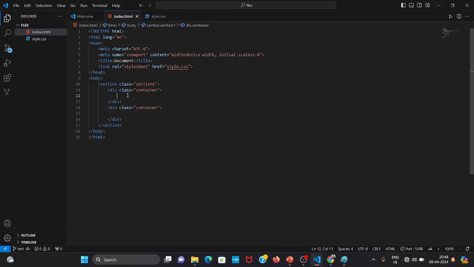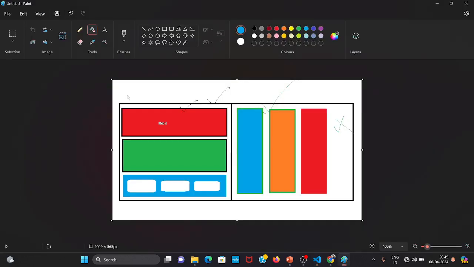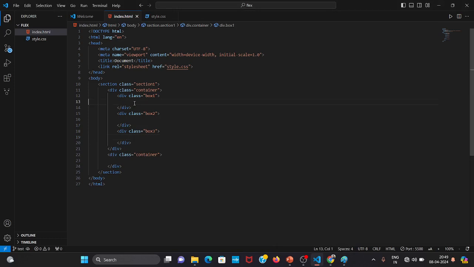So let's go inside the first div, and here let's make other divs like dot box 1, this is the first box, and dot box 2, second box, dot box 3, this is the third box, okay. So first box is red, then green, then blue. Let's take it blue, okay. So first box is red, here you can see. Second box is green, and third one is blue. Let's just take a sample text for understanding, okay. This is done,